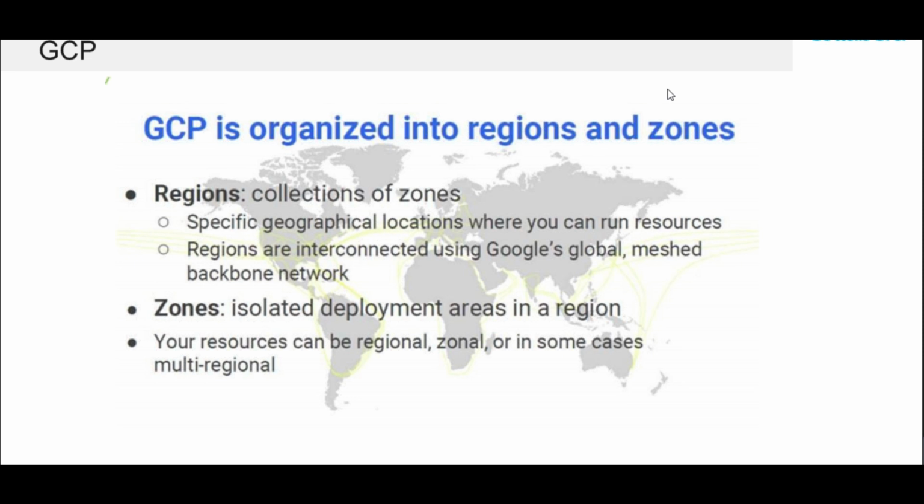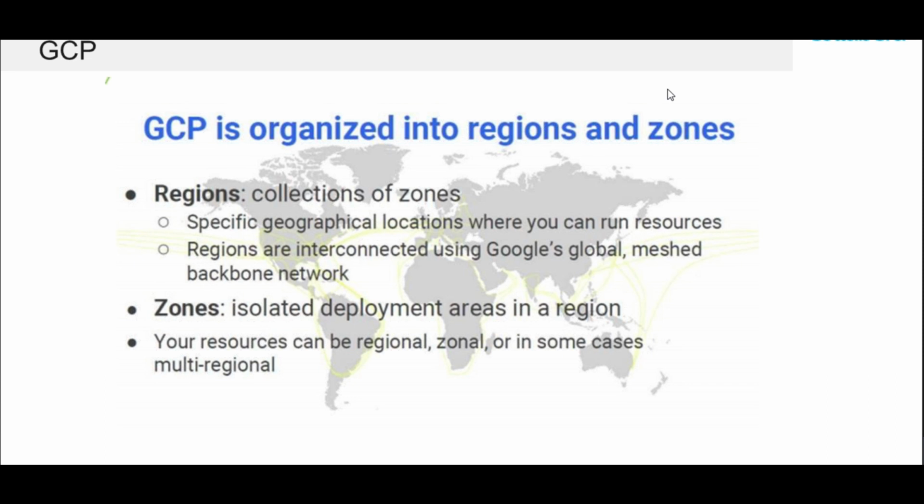But right now you can assume that you buy some facility or you have a location or an office where you keep all your servers, networking and switch devices, and then you host your applications from there itself. That is what a data center is. So on GCP, zones are called the data centers. All these zones combined together at a particular geographical location are called a region. So you can understand that zones are a subset of a region. Zones are part of the region only.